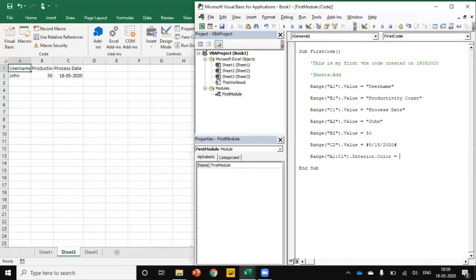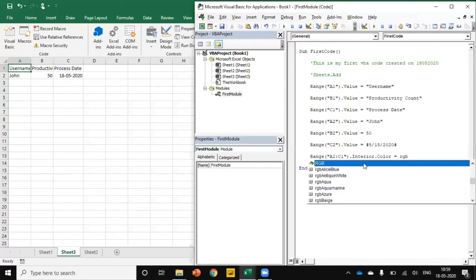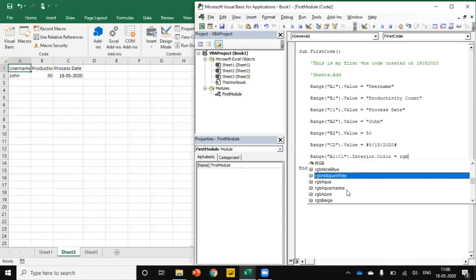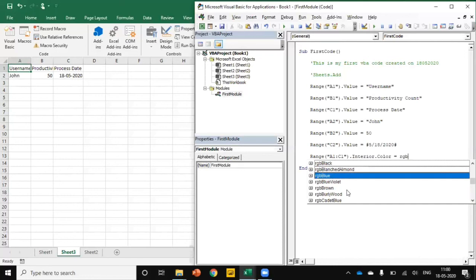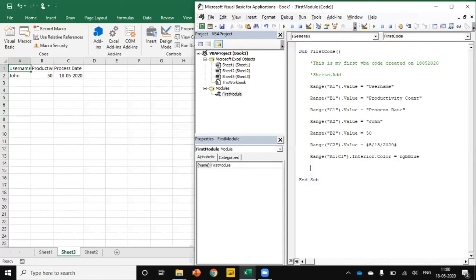We know all the colors are listed in Excel, but how do we select a particular color? Start with RGB and then press Control space bar. If you press Control space bar, then all the colors listed in the library will come here. Now you can use your arrow key to select your color. Press Tab, then hit Enter.